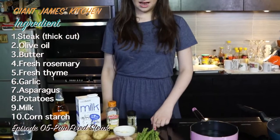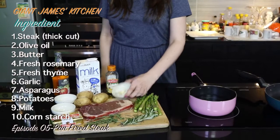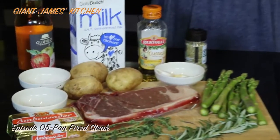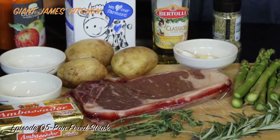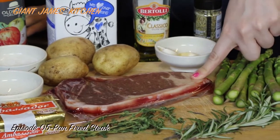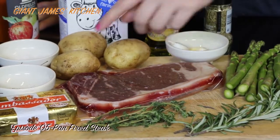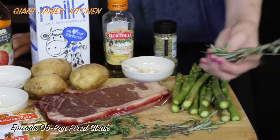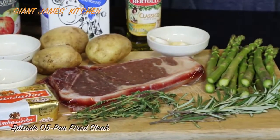Okay, so here I have all the ingredients. We've got some nice asparagus stalks over here, garlic, potatoes that I've scrubbed already. Make sure you scrub your potatoes, otherwise you get all that dirty mud on it. We've got a strip loin steak from the US, some butter, it doesn't matter what brand, you can use whatever, black pepper, sea salt, and our herbs are here, so we've got some nice rosemary, some thyme,